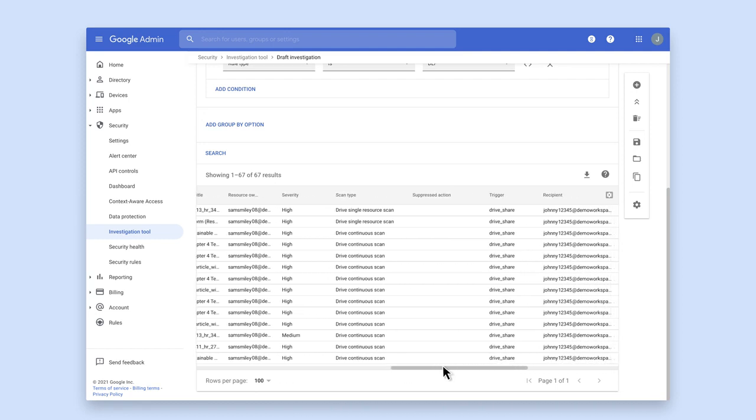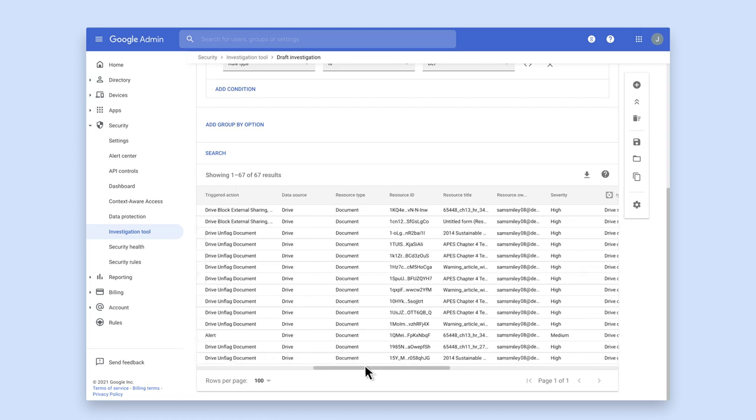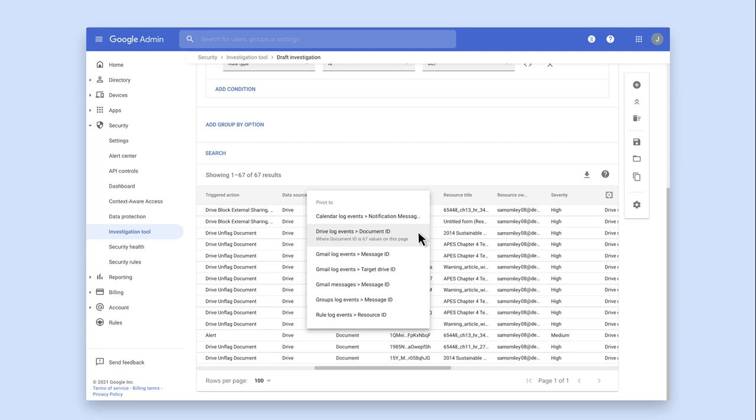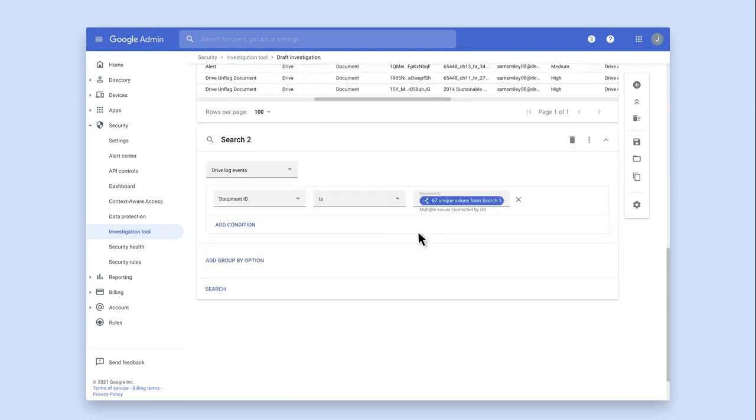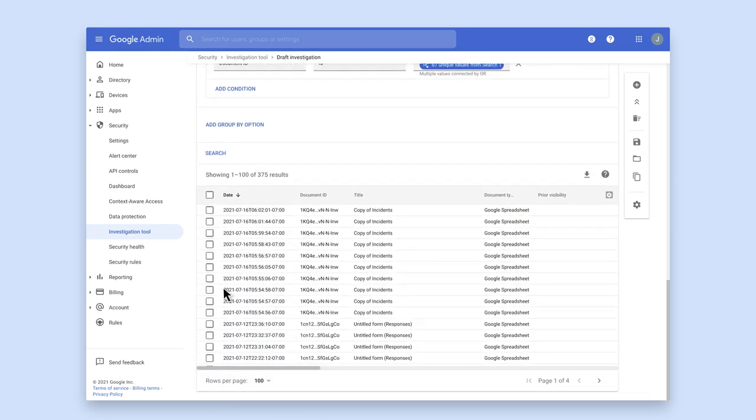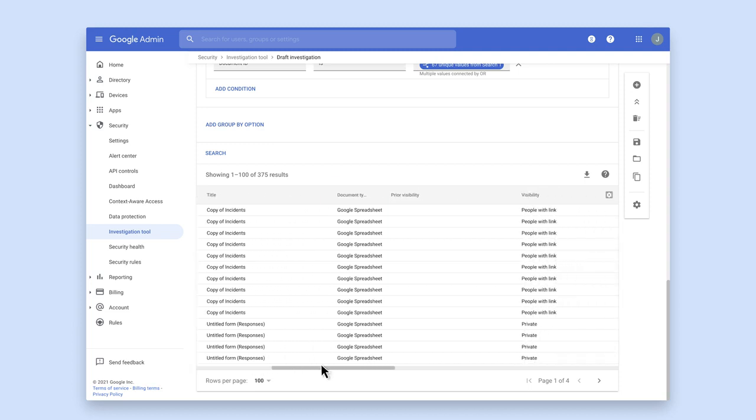To take a deeper look at these files, you can pivot your search on the Resource ID column using Drive Log Events, Document ID. A second search is created with the Drive Log Events data source and the Document ID condition with all the file IDs added. Running the search, you can see all the files that DLP took action on in the last 30 days, including additional details about the document type,